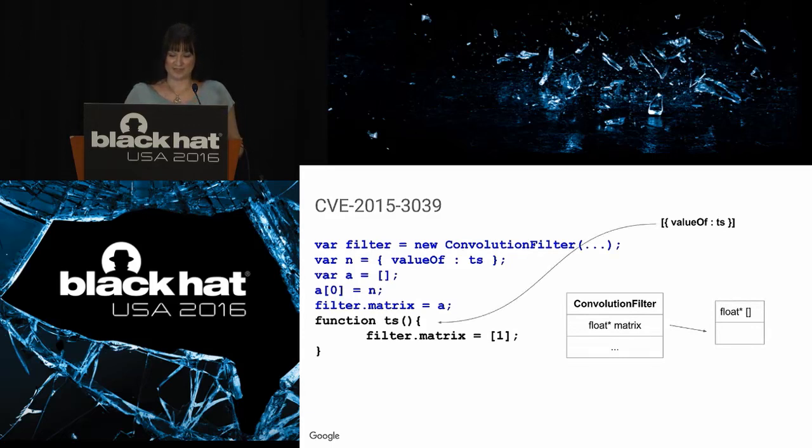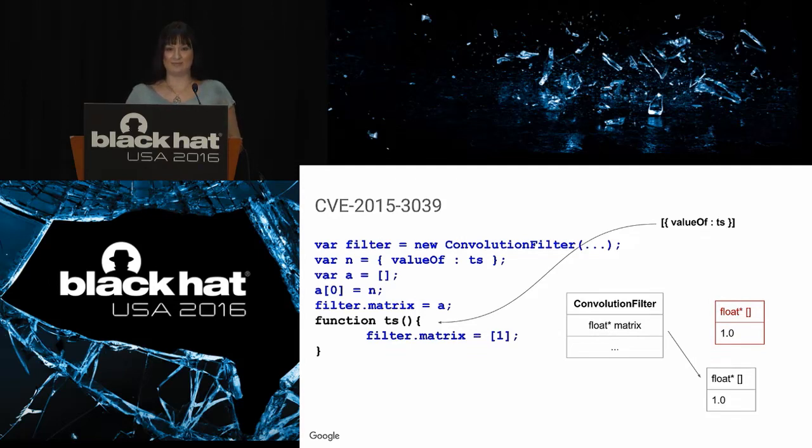So it does this, and in this case, it calls this method, and then what you can do, which causes the vulnerability, is call the setter again. So it starts over. It has to delete this memory because it needs to allocate new memory, and then it allocates new memory and sticks the pointer to it. And in this case, it works properly. You have the element of 1 that gets copied into the float array. But then the original setter needs to unwind. So that will write to the freed memory. And this is a use after free that caused this vulnerability.